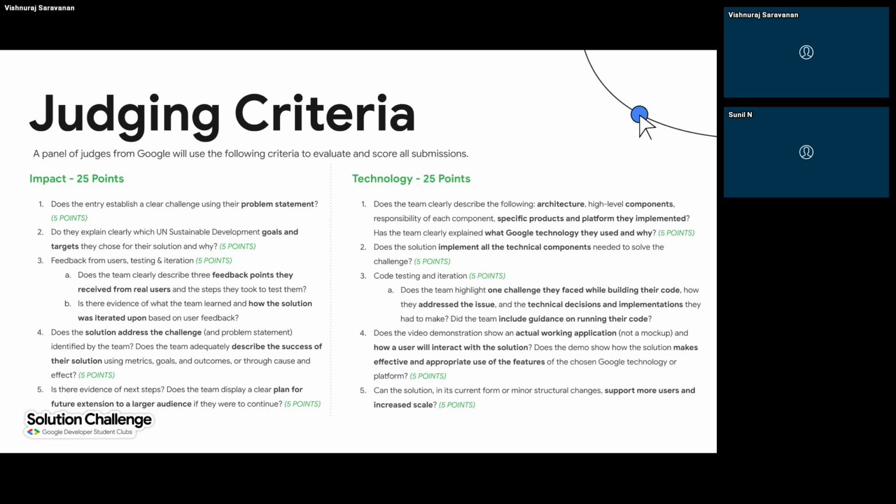scalability. So is there any availability of next steps? If the team is clearly enhancing their project or the solution based on the futuristic extension to a larger audience, will that suffice? Like if it is okay, they would judge you based on that. Okay, like this is for the impact. So